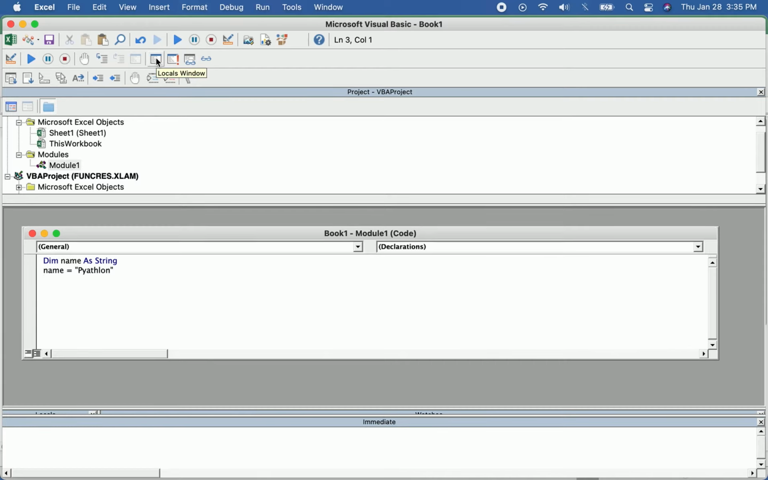Alright, so the next thing we have is our locals window, which allows you to see all the variables you have declared. Your immediate window is down here, which allows you to run single line VBA statements and have it immediately